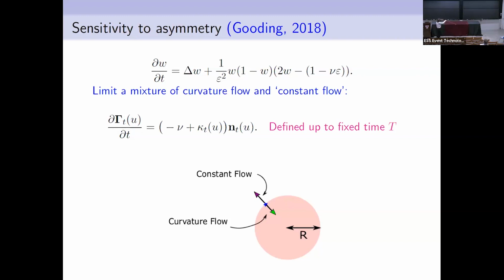And you can see that there's a balance. There's going to be a critical radius where this would exactly balance. The outwards push and the inwards push are exactly balanced. But it's rather artificial. You're never going to see it in nature because it only happens for exactly one radius. If you start from something smaller, you'll shrink to a point because the curvature flow will win. And if you start from something bigger, the constant flow will win. However,